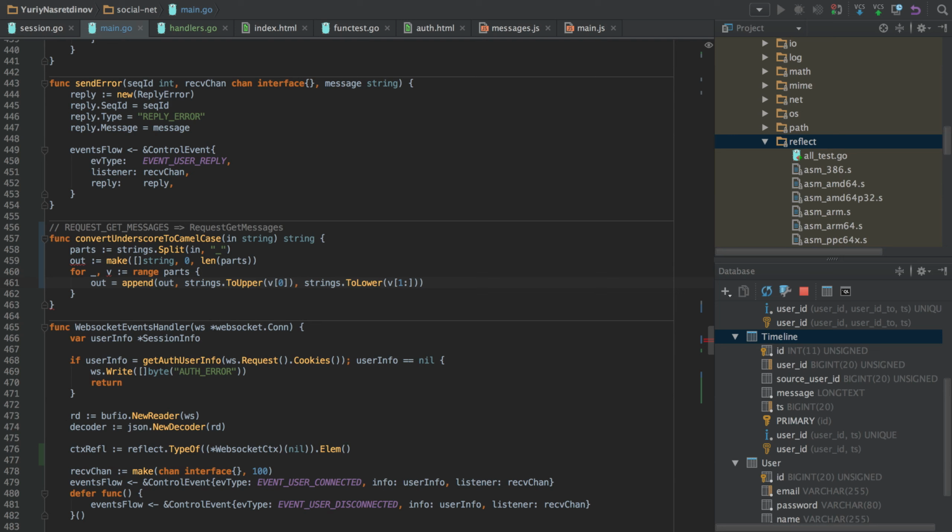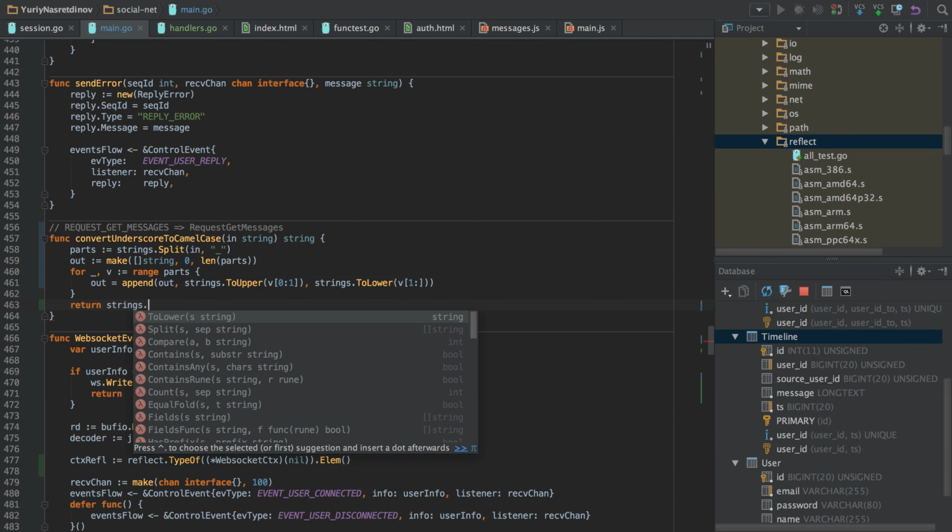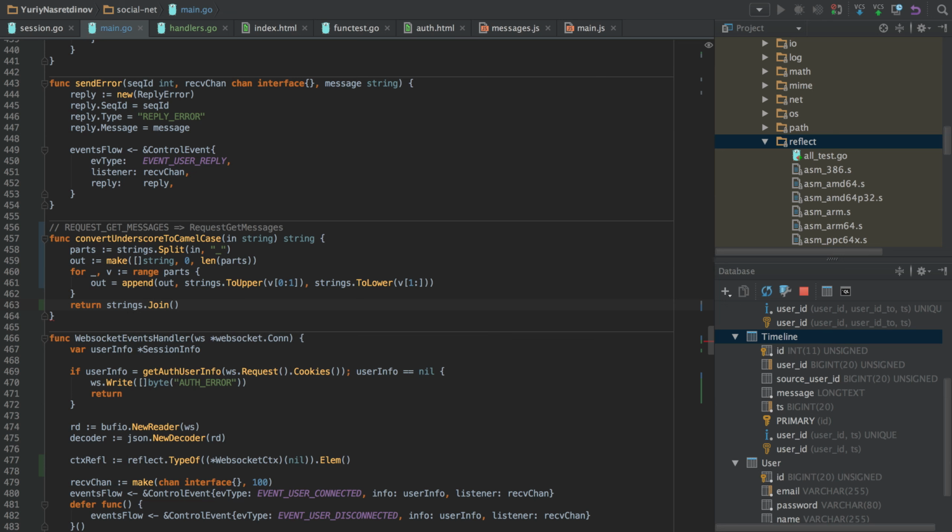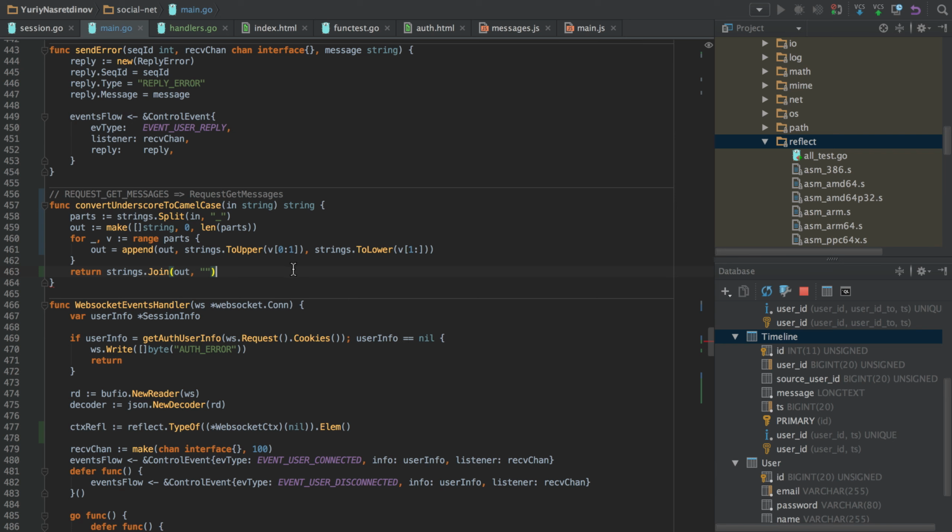So yes, we specify the slice starting with the first byte, and for the first part we specify a slice of one letter, the first letter, and we join it by an empty string and return. That's our result.